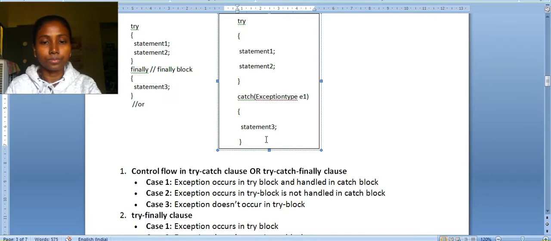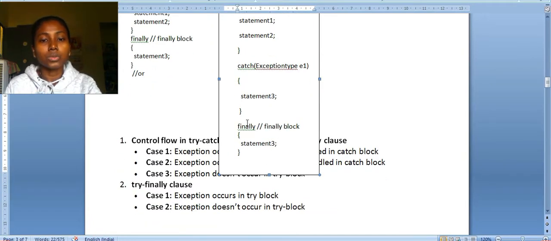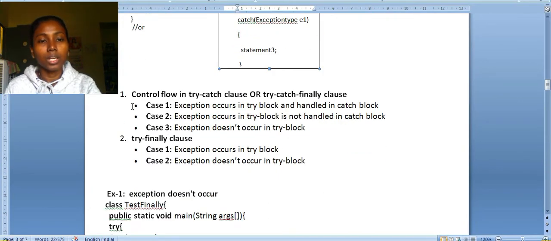Yeah, okay. So this is the finally block, and inside it the statement is there. Here there are different cases for the control flow in a try-catch clause or a try-catch-finally clause. Okay, so here in the first case we will see the example that an exception occurs